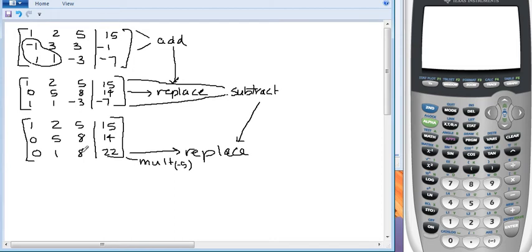This, this, this, and this. Because then this becomes a negative 5. 1 times negative 5 is negative 5. And then when I add these, it becomes a 0. So let's start there. Okay, now there's no right or wrong to these, and there's about 10 million different ways